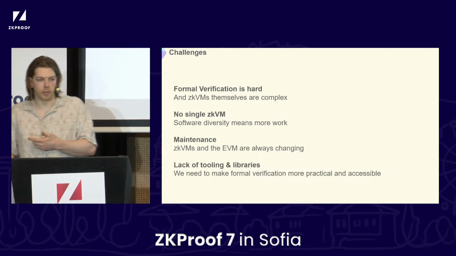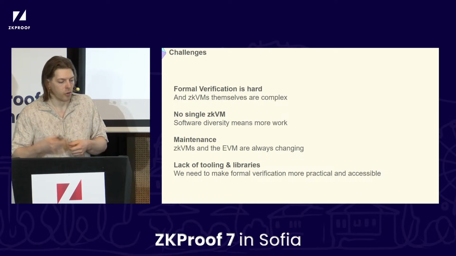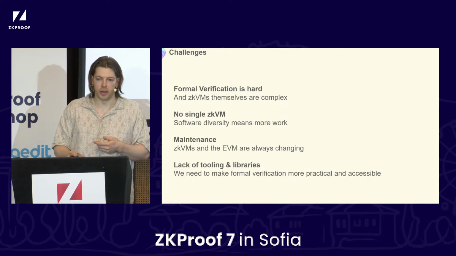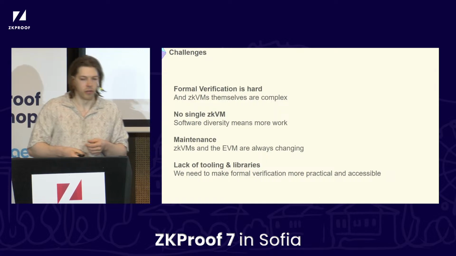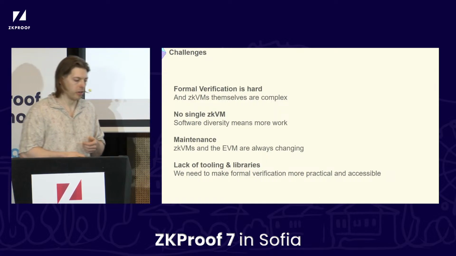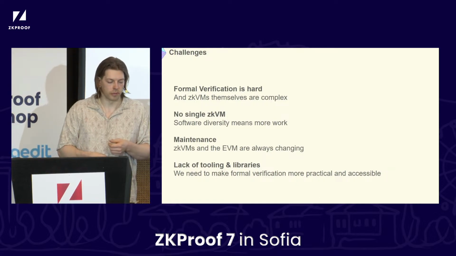And there are a lot of zkVMs, right? There are a lot of different trade-offs and design decisions you make for zkVMs. Right now, as you saw at the start, we've got about 20 zkVMs. Maybe 10 to 15 of these are RISC-V zkVMs. That's a lot of software diversity, even if a lot of it is written in Rust, because people are writing it in different ways that may be more or less amenable to formal verification.